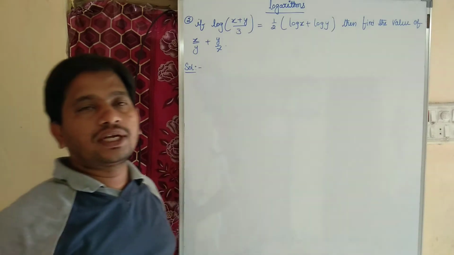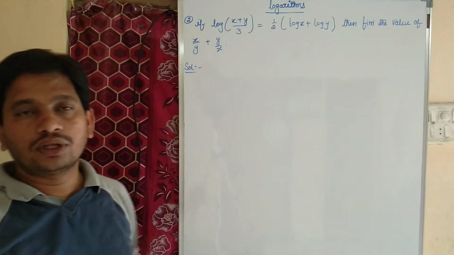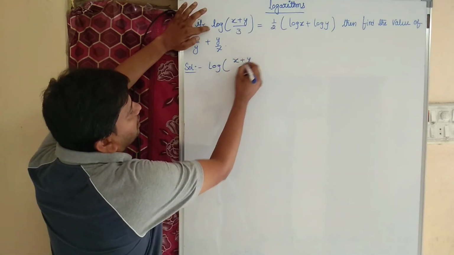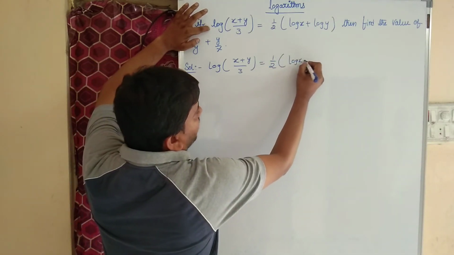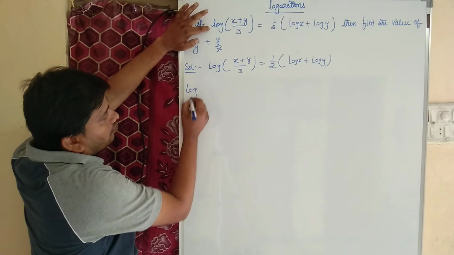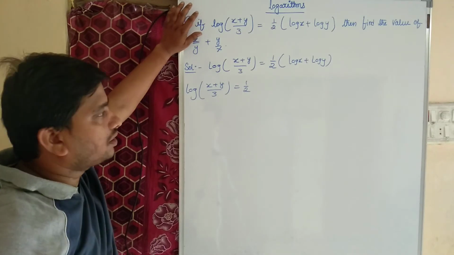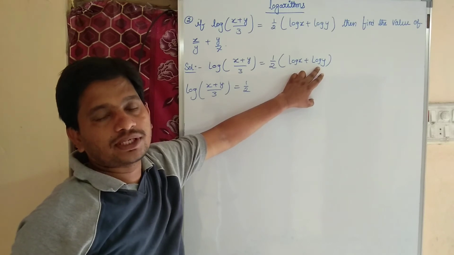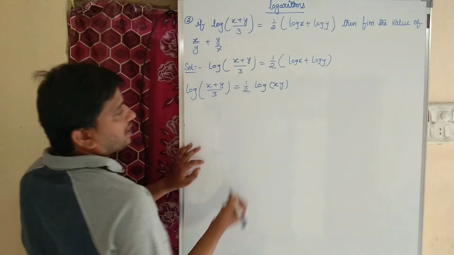In general గా logarithms అంటే స్టూడెంట్స్ భయపడుతూ ఉంటారు. అసలు once if you understand the concept, ఇంతకంటే ఈజీ టాపిక్ అనేది ఉండదు. What is given, you write down. Everything we will derive from the previous step only. Log of x plus y by 3 equal to 1 by 2 into log x plus log y. Okay, children, what is the formula of log x plus log y, which is product law? Log x plus log y I can write as log x into y, that is log xy.